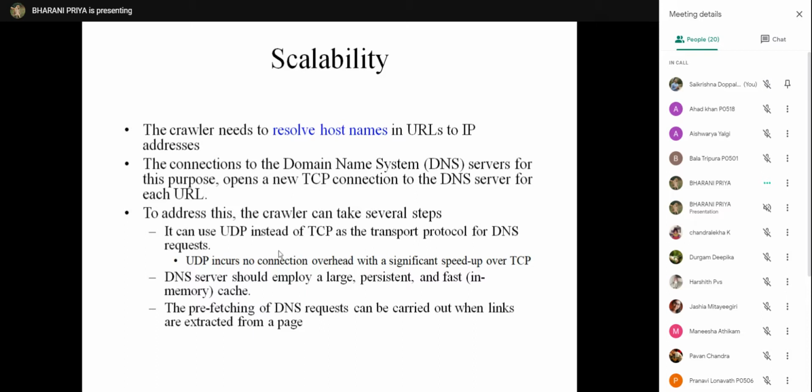Mainly UDP is used wherever speed is required, since you cannot wait for a file to be downloaded for hours, such as an online news channel. The transmission should be fast. In that case, you use UDP instead of TCP, because there you can't spare the delay.